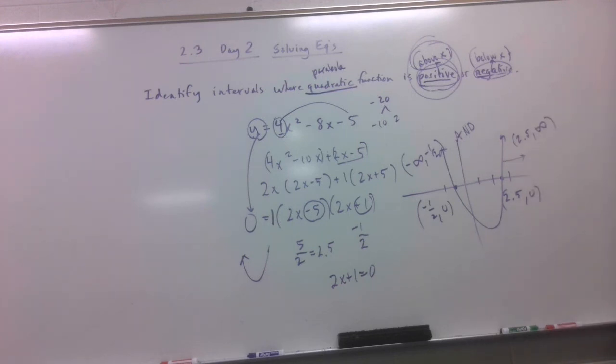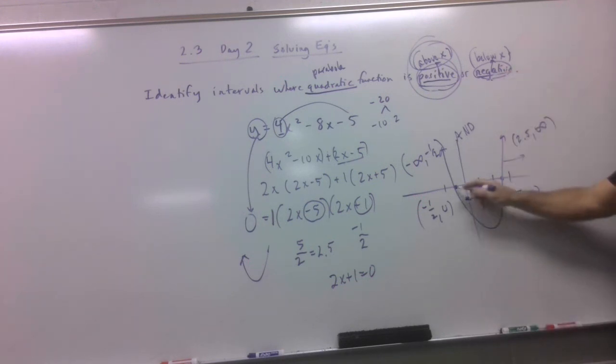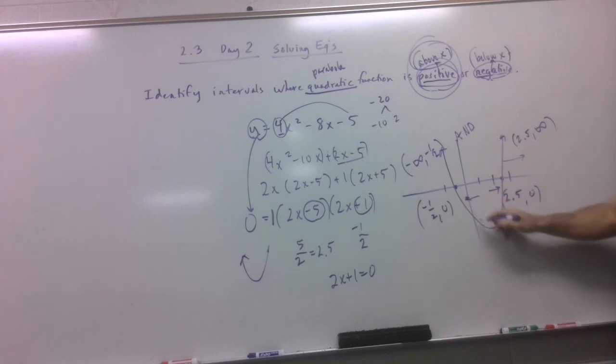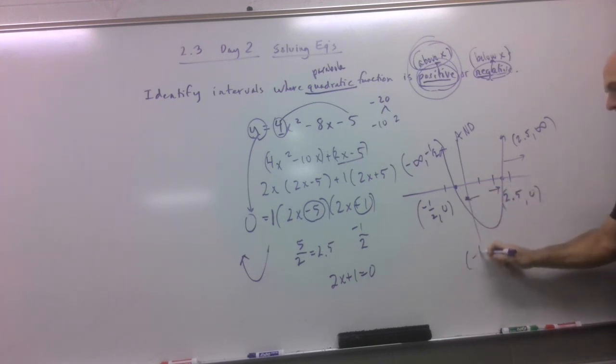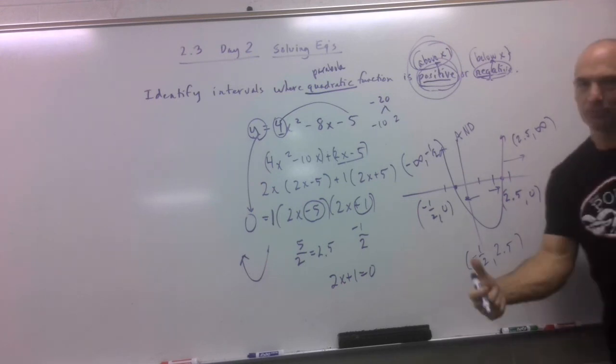It's above the x-axis. Where's the negative? In between these two points. So there's the portion of the graph below the x-axis that goes from negative 1/2 all the way to 2.5. And there's your pre-lesson